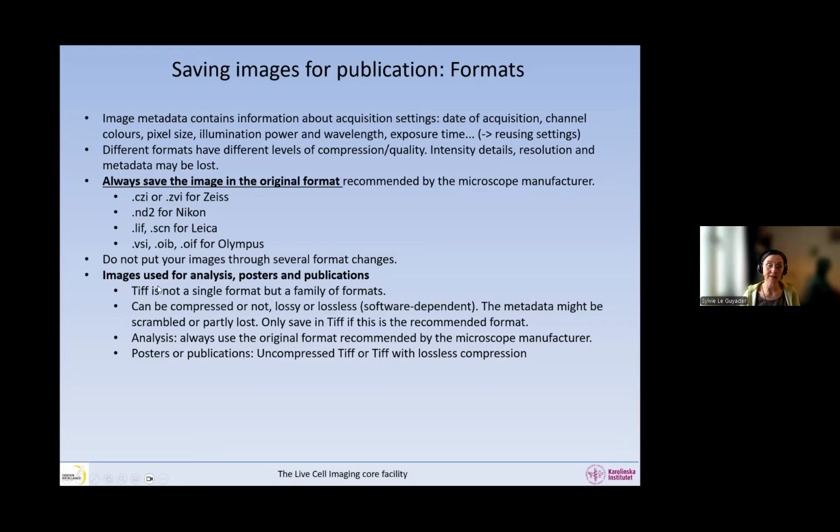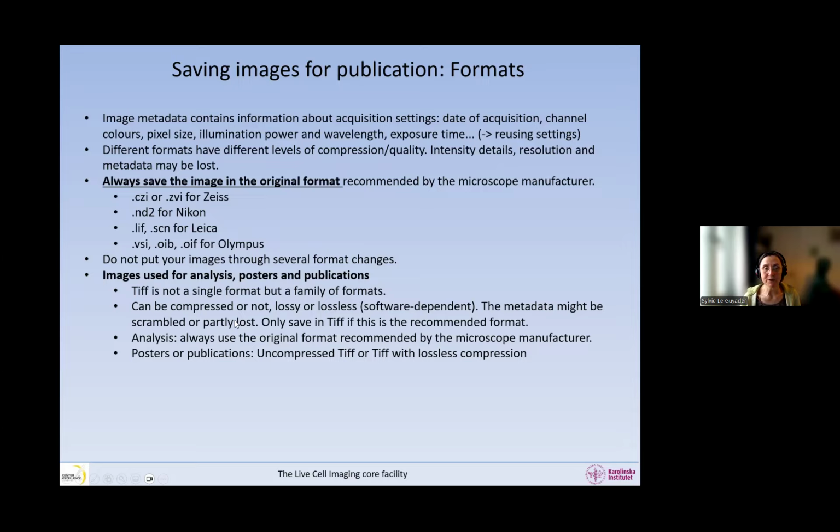It's a great format in the sense that it keeps the quality of the data, but you're not sure about the metadata. And today we have seen that there were some images that were saved from a Leica microscope in TIFF, and most of the metadata was gone. And even the metadata that was there was actually wrong as well.